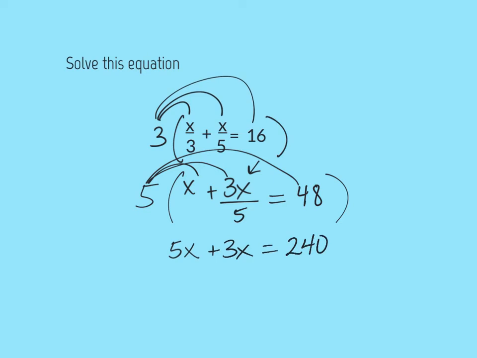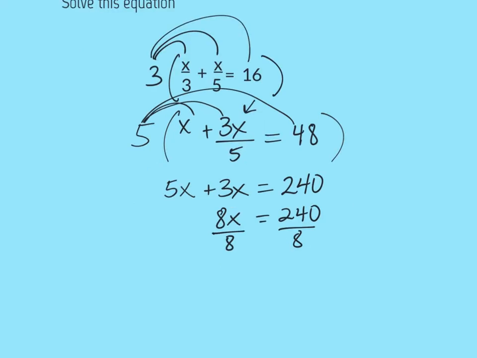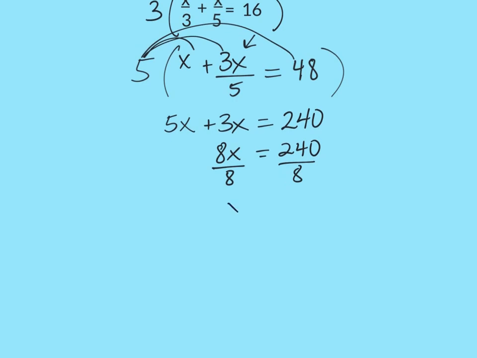Now I can simplify and solve this equation much easier than I could that original equation. I just need to add and combine my like terms here. 5x plus 3x is 8x. And that equals 240. To get x all by itself, I'm going to divide both sides by 8. When I do that, I will have x by itself over here. 240 divided by 8 equals 30. Now I can check and put 30 back in for x into that original equation just to make